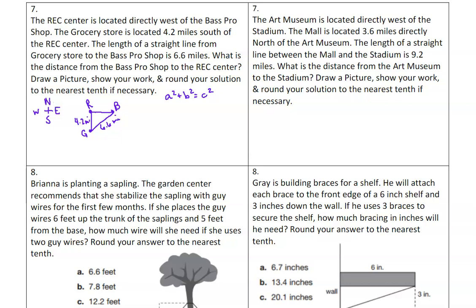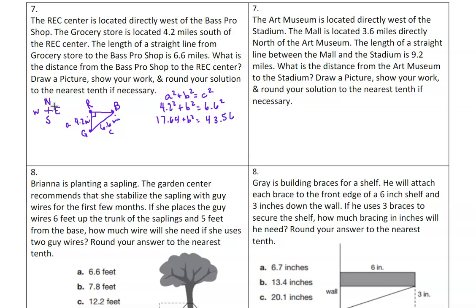So our right angle would be right here. So this side right here is our longest side, C. This one's going to be either A or B. So I'm going to put in 4.2 for A. Again, you could put it in for B, and that would work just fine. And then I'm going to put in 6.6 for C. Right, so if I actually square these values, 4.2 squared is 17.64. Bring down my B squared. And 6.6 squared is